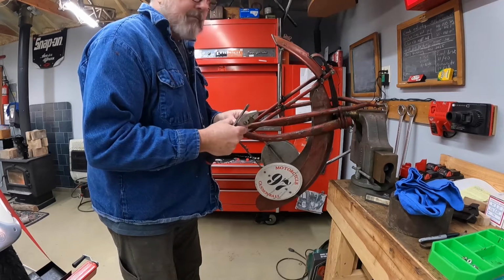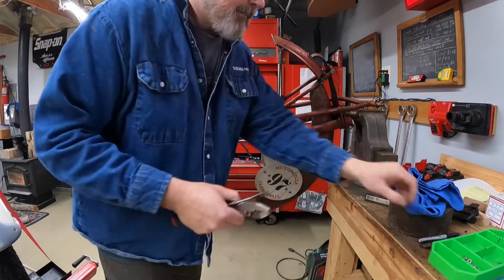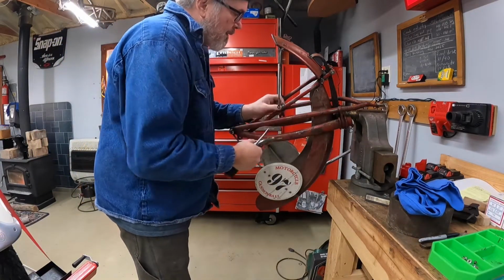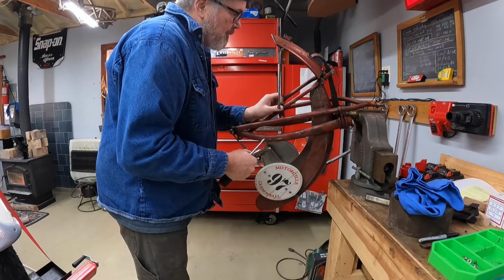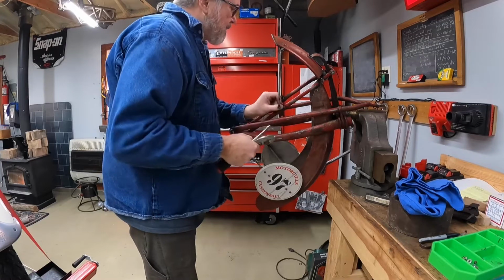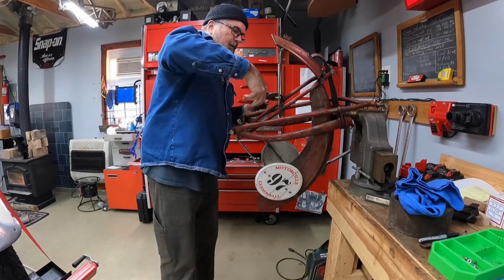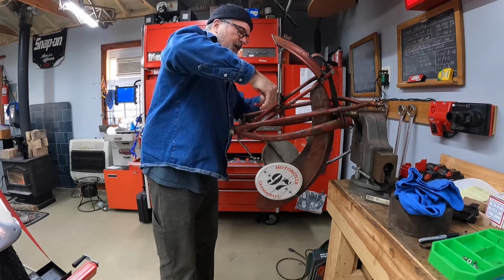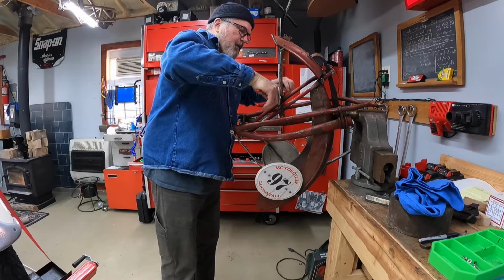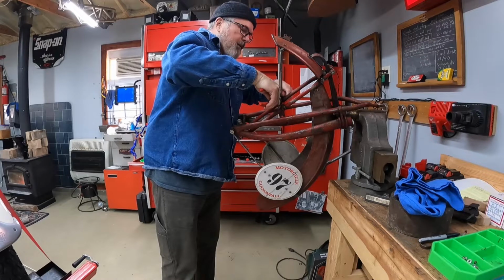You can tell that fork is sprung by the way that stuff springs loose like that. They're just held on by this little clamp right here. I put some friction tape underneath it, but that's all it is. And that holds the front half of the fender on. Now,